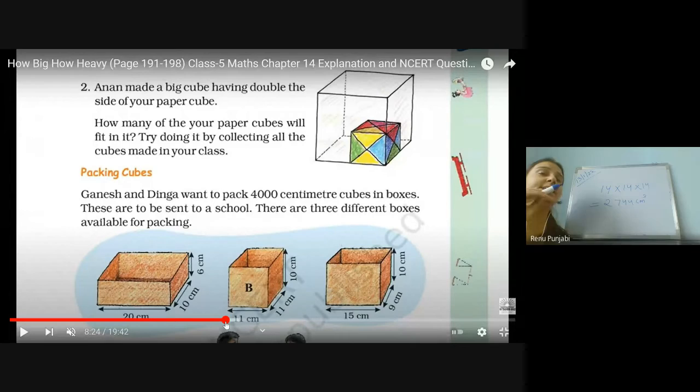Yes, ma'am. Now what is Anna doing? We have done the ice one, that first we have to find out the volume of a big ice tray, the volume of a small ice tray, and divide them. Now Anna has found out the volume of a big box. Then she found out the volume of a small box, which she calculated as 7 multiplied by 7 multiplied by 7, which was 343. Yes. Now she is trying to find how many small boxes are going to fit in the big box. Divide and find the answer and tell me.